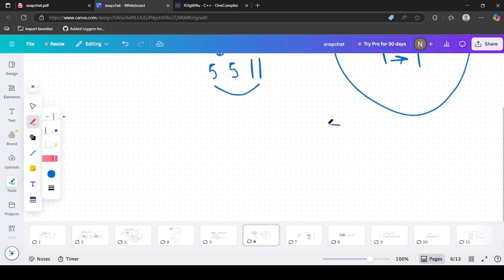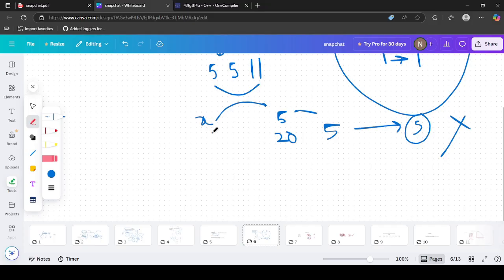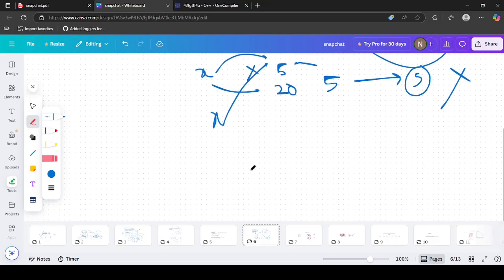So for example, 5 with frequency 5, what does it mean? We cannot pair any of these 5s, because these all ultimately boil down to 5. Whether it is 5, we don't care, or it is 20, we don't care. The final number is 5. So if a number is going to pair with 5, it will be paired with 20 as well. If a number is not able to pair with 5, it will not be able to pair with 20 either. So in this way, all these numbers are equal, and that's why we store them in the map indirectly,